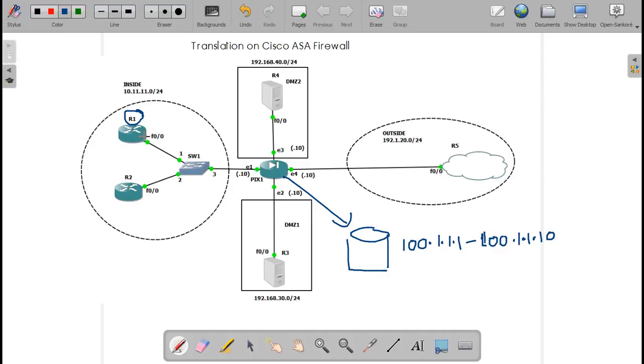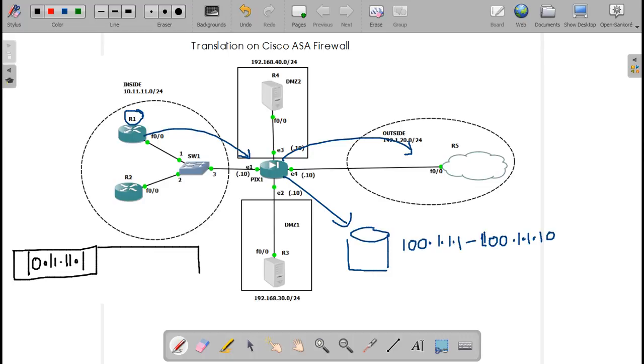From inside we'll have a default gateway here, and from the firewall we'll have a default gateway towards the internet. Now the requirement is that R1 wants to go to the internet. So R1's packet will have its source, and the destination will be the internet, which is 192.1.20.5.